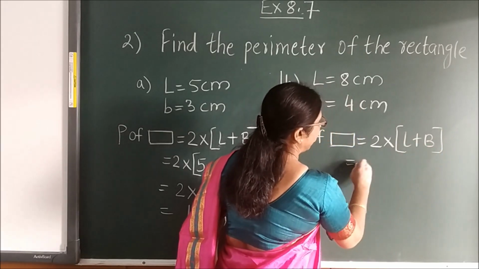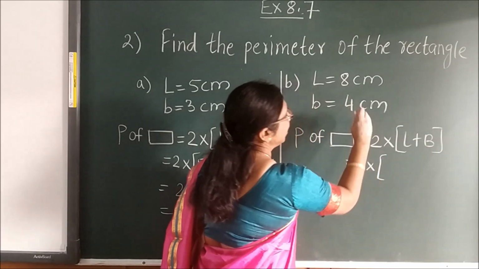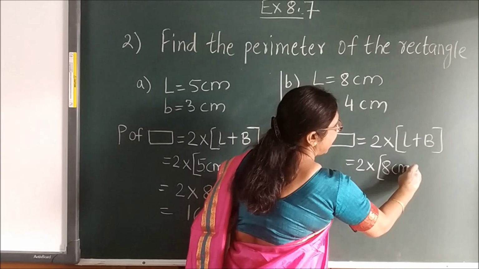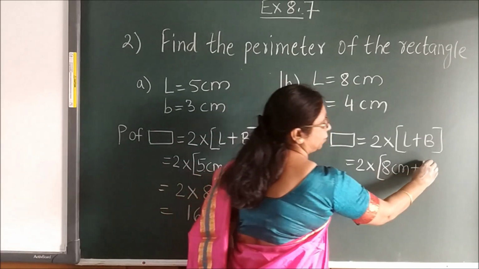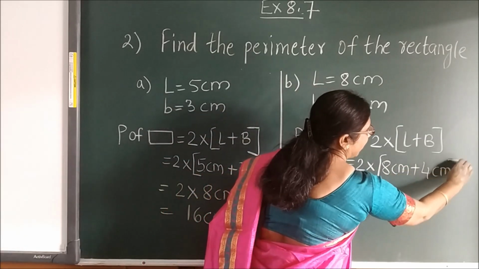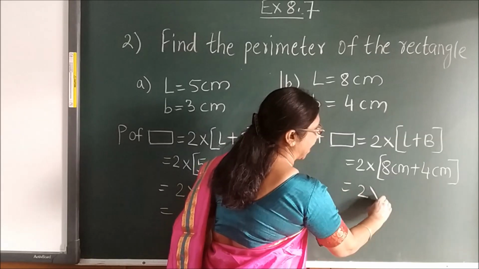Clear? Now here also perimeter of rectangle, that is 2 into length plus breadth. Then place the value there. What is the value of length here? 8 centimeter and breadth is 4 centimeter. So when you place the value, then you solve the bracket. 8 centimeter